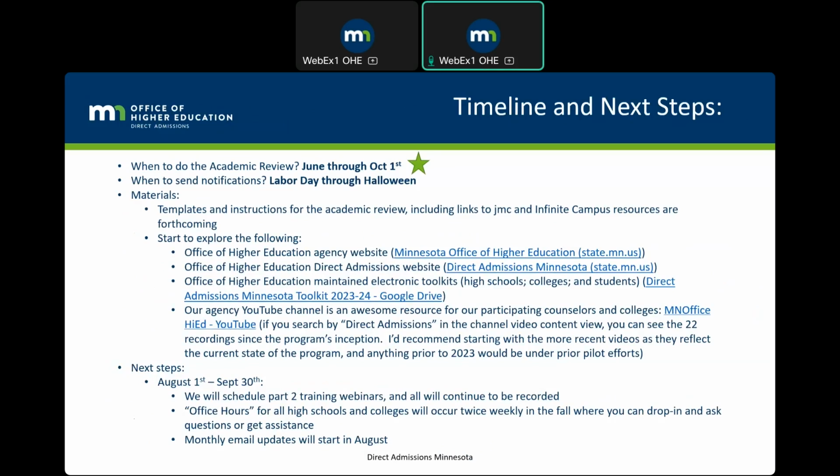And we have lots of materials to help support you in this work, much of which we're actually going to cover today in this training. But there's templates, there's resources such as our Office of Higher Education agency website, and then the direct admissions sub-landing page on our primary agency website, as well as our toolkit, where we put all useful information, including things like social media resources to promote the program, those print materials that we've talked about, so on and so forth.